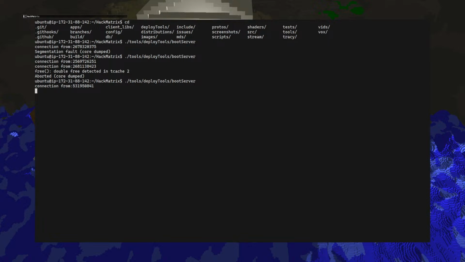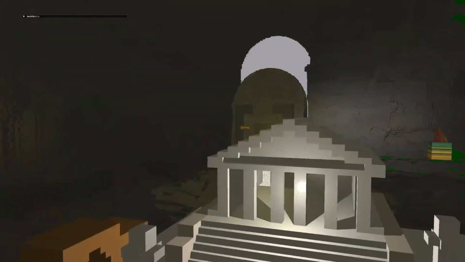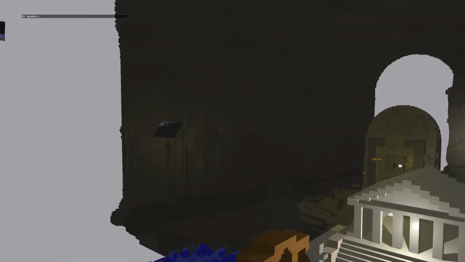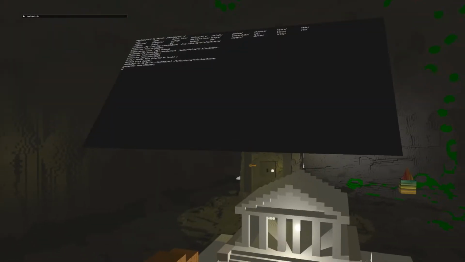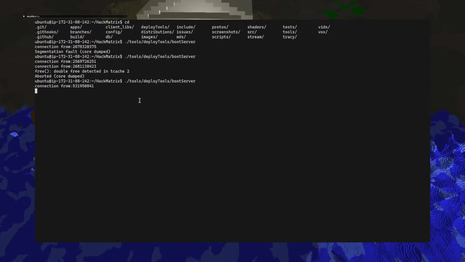Matrix is tweaking out. Yeah. You may have to reboot the matrix. It's sort of buggy, and the server keeps seg faulting. A double free, I don't know why that's happening. I'll be right back.